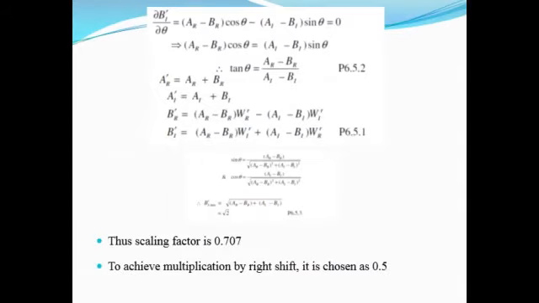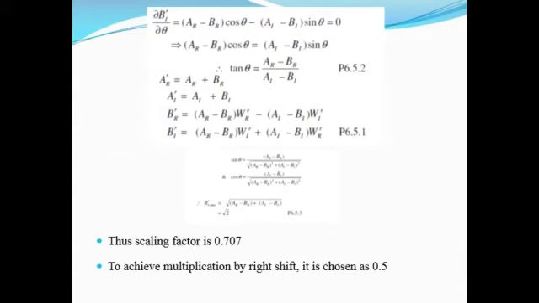Now, the same process that we have already carried out, instead of integrating tau ai dash by tau theta, I have just taken it as tau bi dash by tau theta. If I proceed with that, I get a slight variation in the maximum value. Instead of 1 plus square root of 2, that is 1.4 something, which is giving us a scaling factor of 1 by 2.414. So that is the scaling factor we have derived using the previous concept.